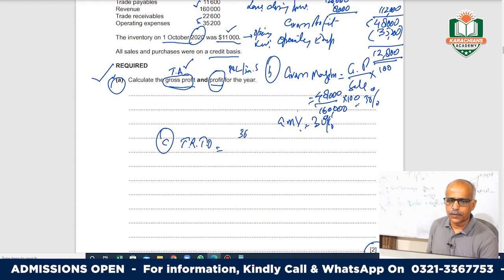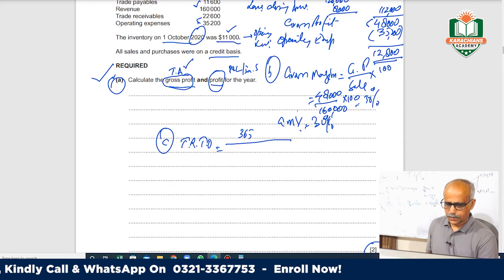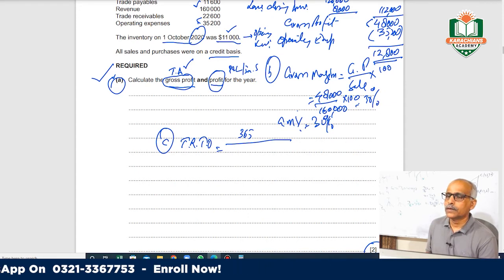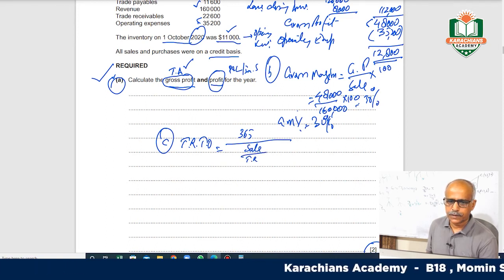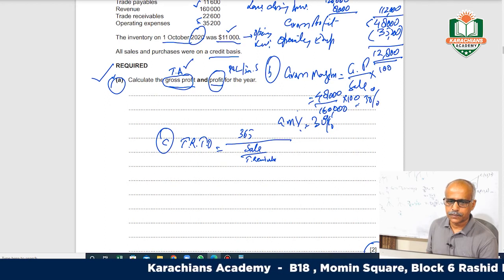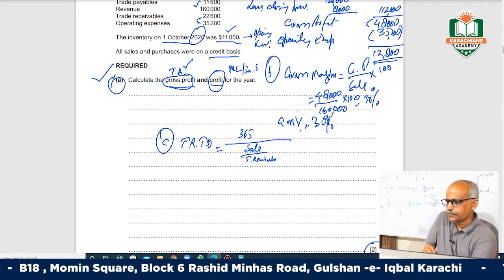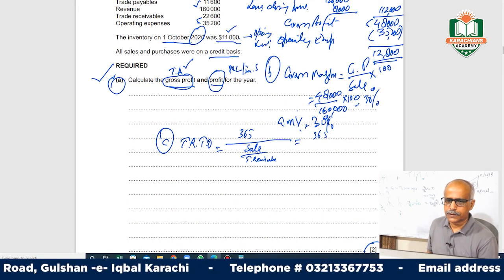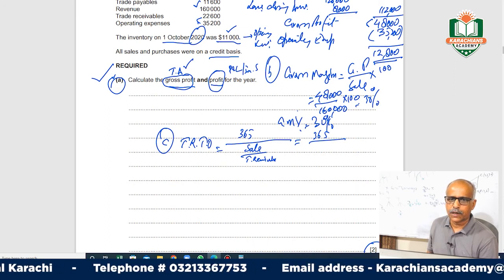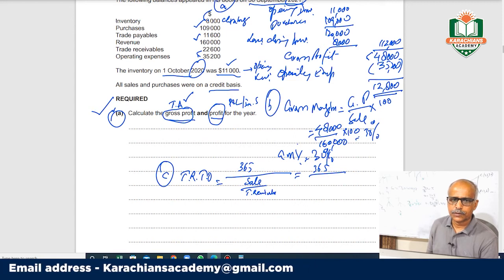We divide 365 by sales to your trade receivables, right? So 365 divided by how much is your sales? Your sales is